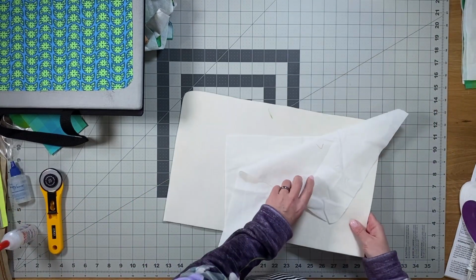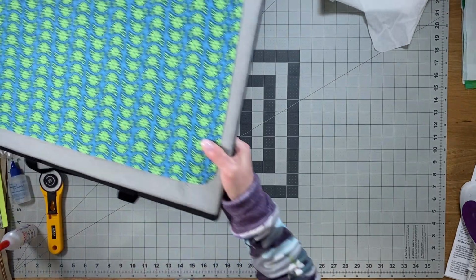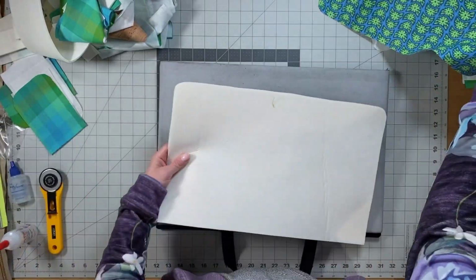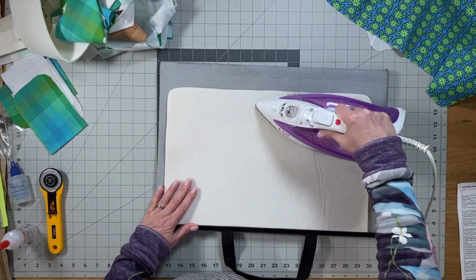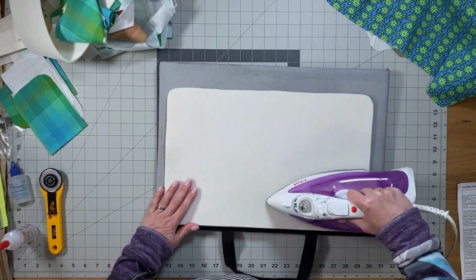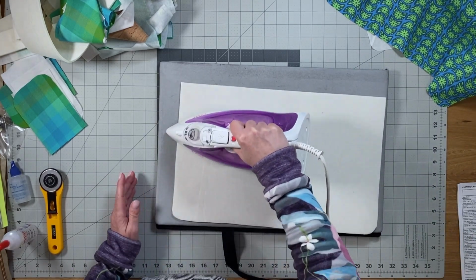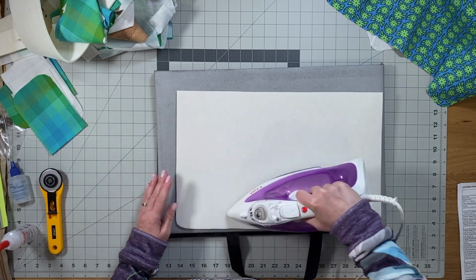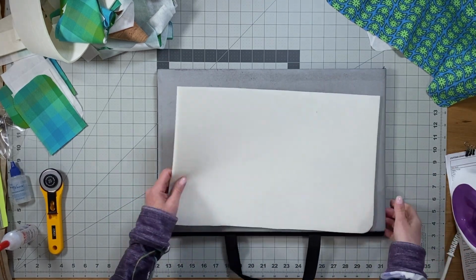And we're going to take the foam interfacing piece. Actually, I'm going to give this a little press because sometimes when it's wrapped around the bolt, it'll have some creases. And I'm using Bosal, and I like it because I can actually just steam all the wrinkles out of it. Okay, so